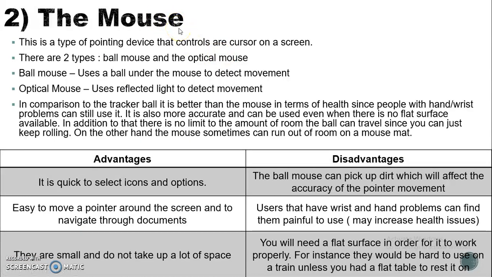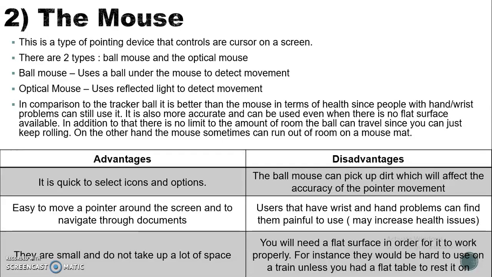Next, I'm going to be talking about the mouse. This is a type of pointing device that controls a cursor on a screen. There are two types of mouses, the ball mouse and the optical mouse. The ball mouse uses a ball under the mouse to detect movement, and the optical mouse uses reflected light to